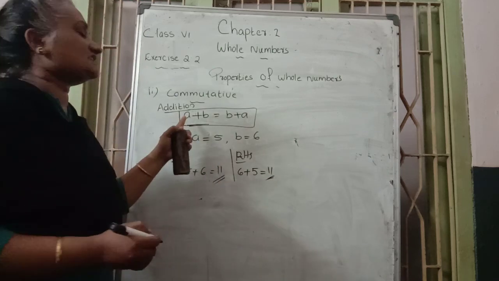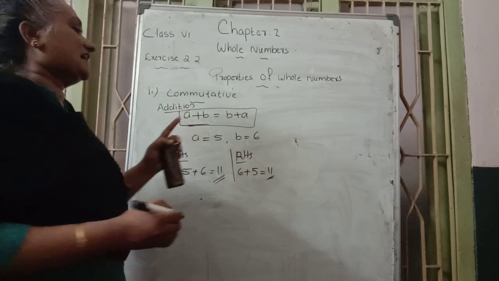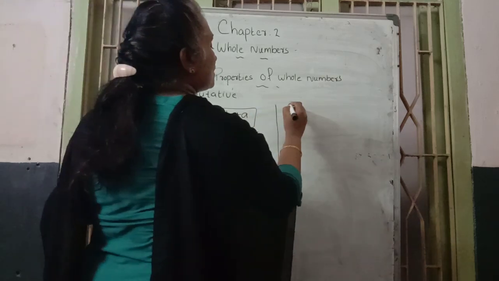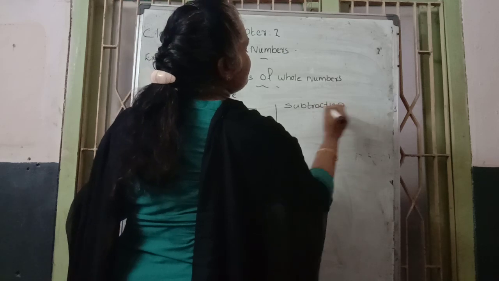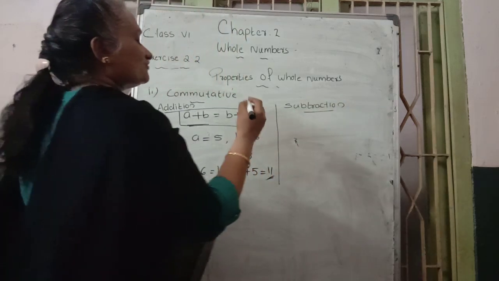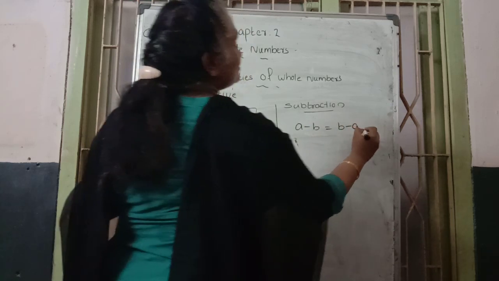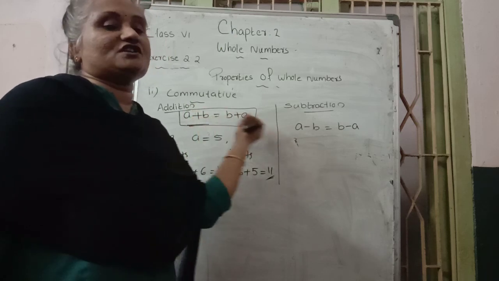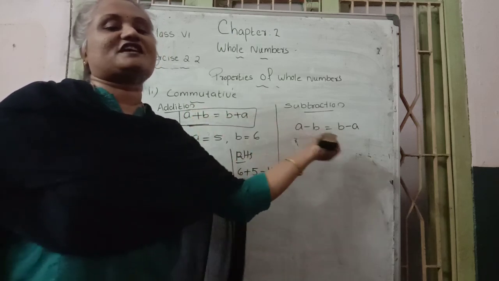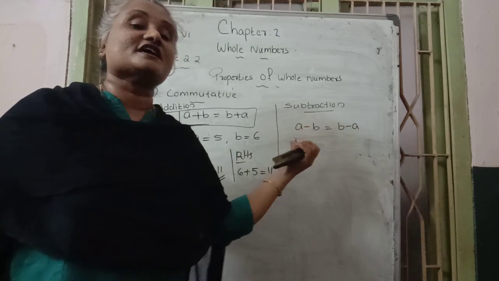That's why we can say the commutativity property is satisfied under the addition case. Then next, what about the subtraction case? Is it satisfying or not? The general form we can write is a minus b, changing the order and checking whether it is right or not. It is not the general form; with the help of this we are checking whether the right side and left side give the same answer or not.